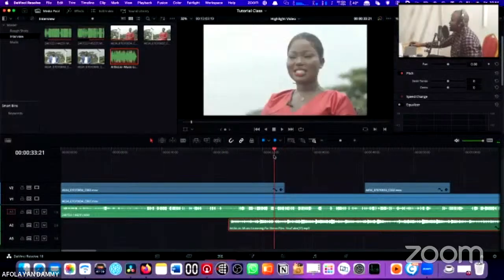What you want to do at this point is, let me imagine that we are starting out with a very loud background music. And then when she starts talking, we want the music to go down so that it is only her voice we can properly hear, and then the music just plays in the background. What we have to do is to create